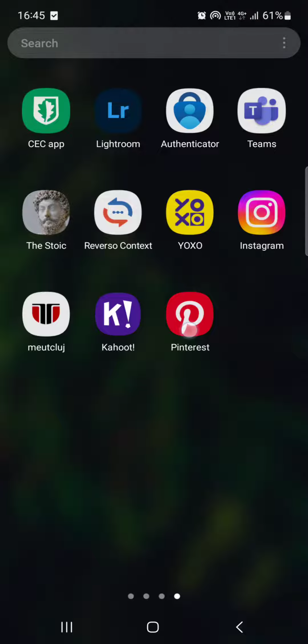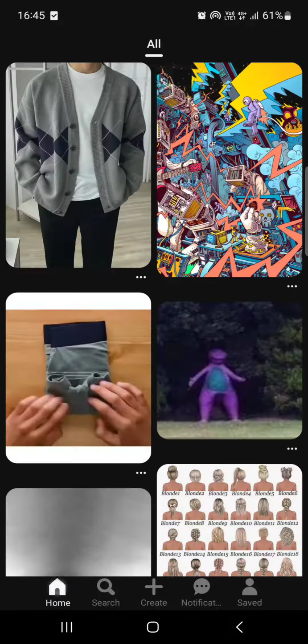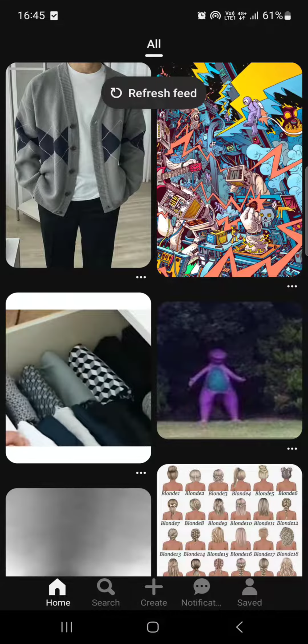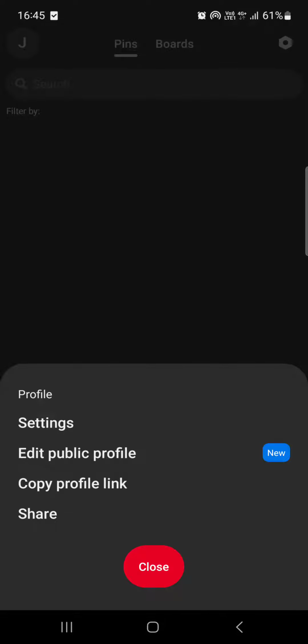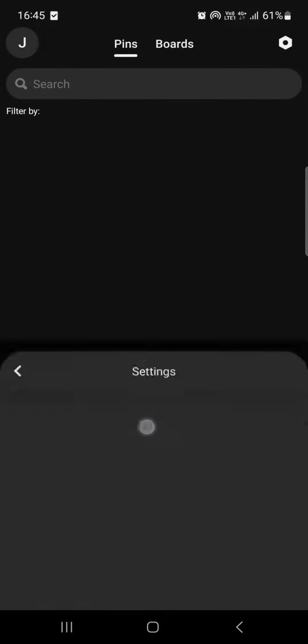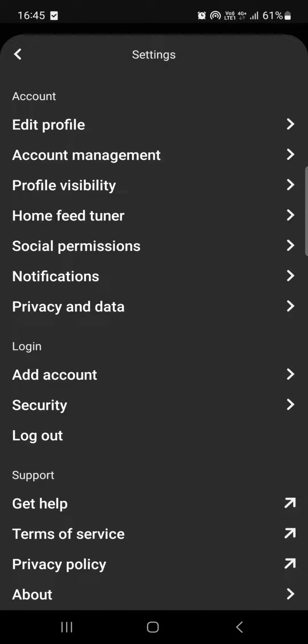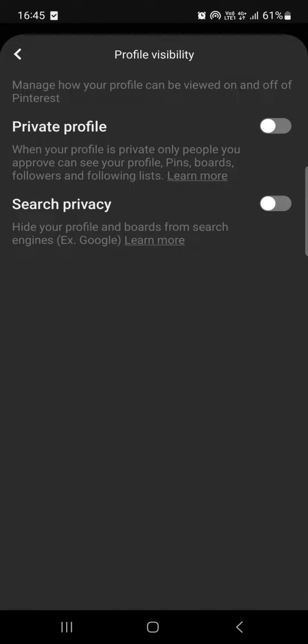First we have to open up the Pinterest app, and here it usually opens up in the home menu where we have our feed. From this menu we have to go into the saved menu, and then from the saved menu we have to go into the settings by tapping on the little cog in the top right corner and then tapping on settings. Now in the settings menu we have to tap on profile visibility, and then we have